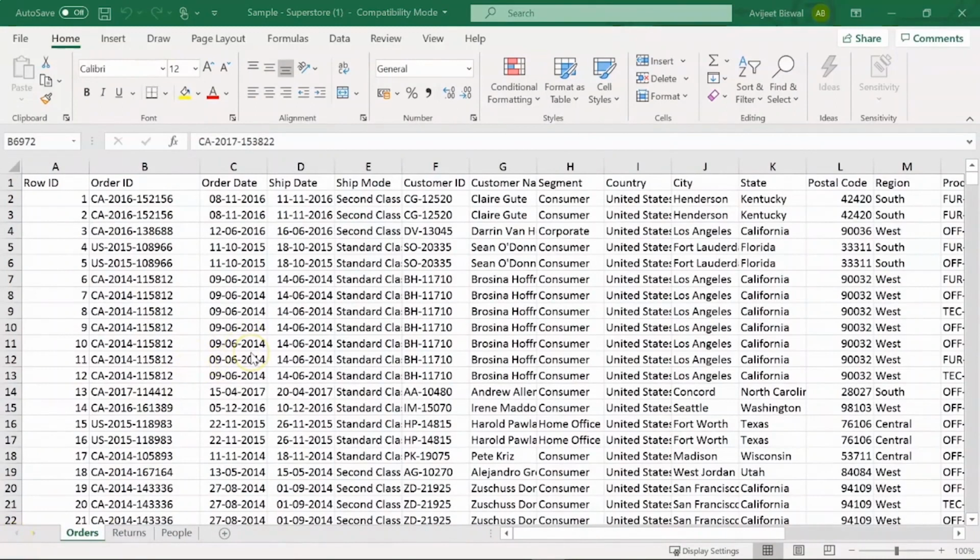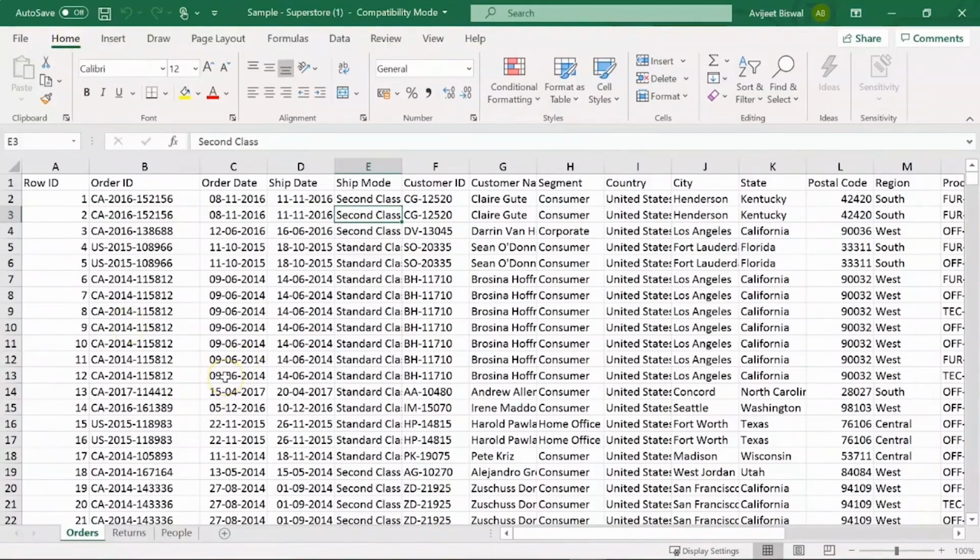Now there are a few other shortcuts that I want to tell you here. So suppose you want to switch between different tabs that are present in the ribbon, you can do that as well with the help of shortcut keys. So in Excel, this is the ribbon which has different tabs like the File tab, Home tab, Insert, Draw, Page Layout, and so on. Now currently we are in the Home tab.